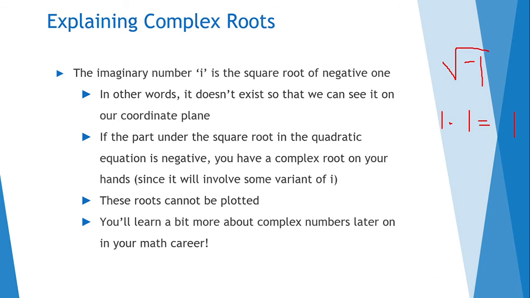And if we want to do the opposite of it, we'd essentially want to figure out the two same numbers that multiply to get our bigger number within the square root. Unfortunately, there's no two same numbers that multiply to get us -1, therefore this square root doesn't really exist. And the thing is, since any roots that contain this i don't exist either, we can't actually see these roots